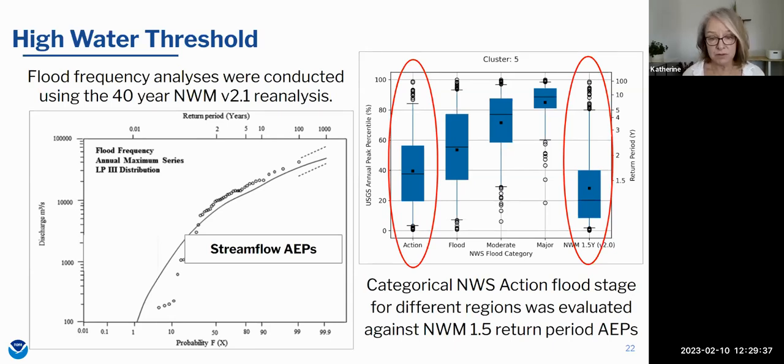The resulting streamflow annual exceedance probabilities, or AEPs, are used in a lot of our services, but in particular, we use some of those lowest return periods to determine where we want to start looking at monitoring flow. I'll mention also how some of these other AEPs fit into some of our other services, but for now, focusing on the high water threshold,